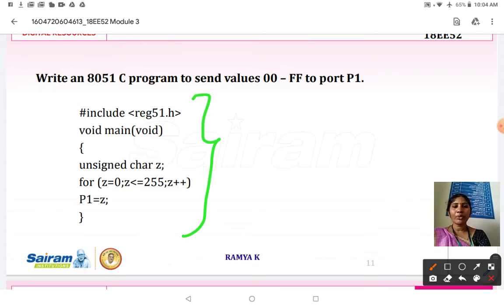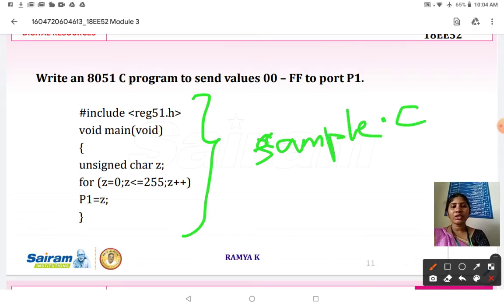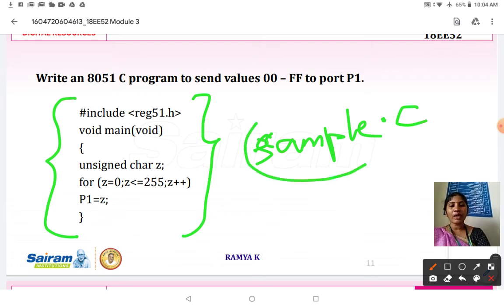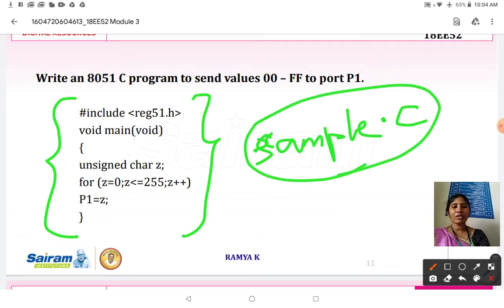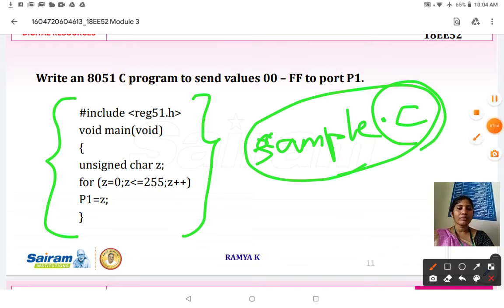Consider I am going to give the name of the program as sample. I have to save this program with the extension called .c. These lines can be typed in 8051 Keil software, and it should be stored as sample.c. That is, the file extension to be used is .c.